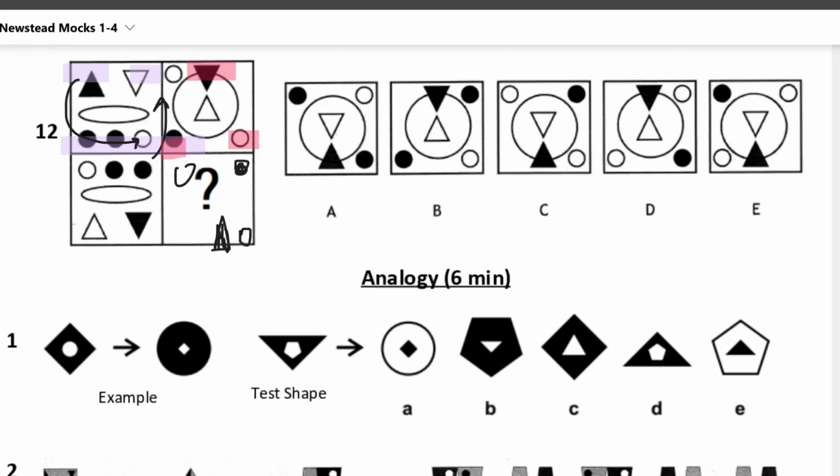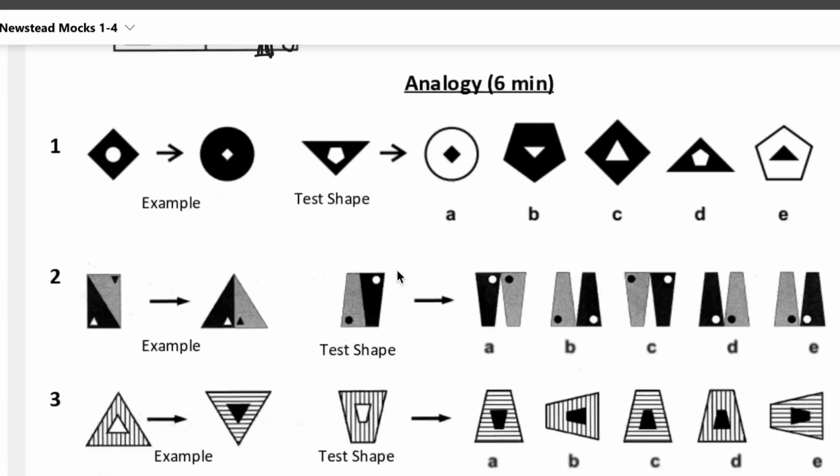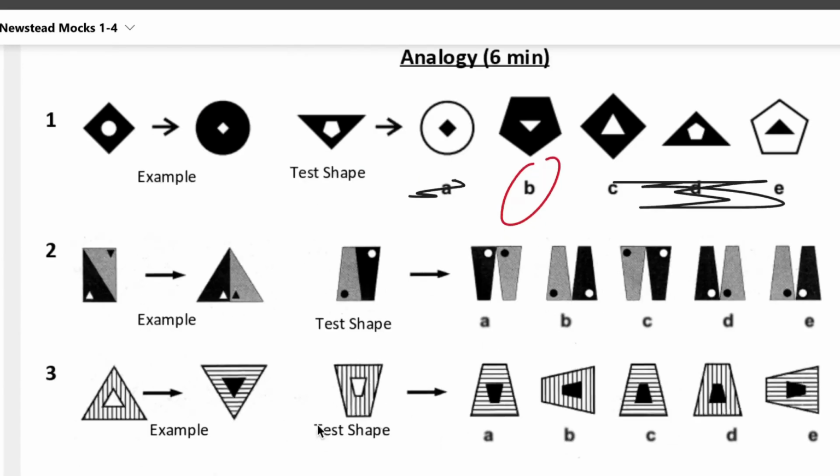The only ones that are looking like that so far is, in fact, none of them apart from C. Question 1, outside shape becomes inside shape, outside shape becomes inside shape. We can cross out all of them apart from B. Question 2, this shading will always stay on the left hand side, so grey, it has to be grey on